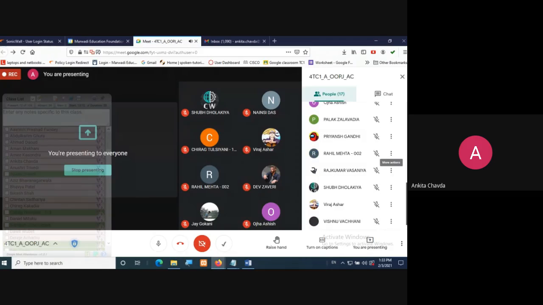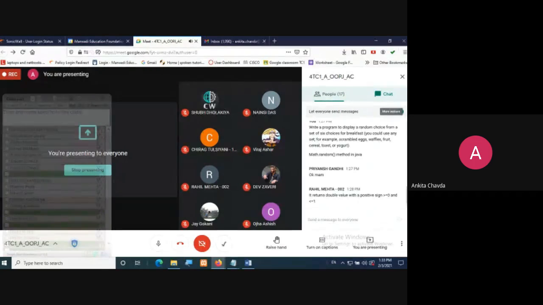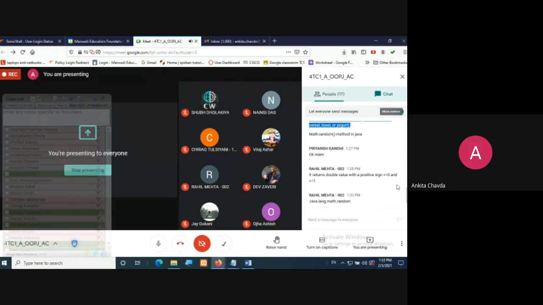Rajkumar. See, I won't give you attendance after this. If you are not saying anything, I won't give you attendance. If you don't know what I'm giving you to search, only then will you be able to perform this program. Because here in the switch case, whatever numbers are generated would be via this random choice. Can you see this random choice, right?